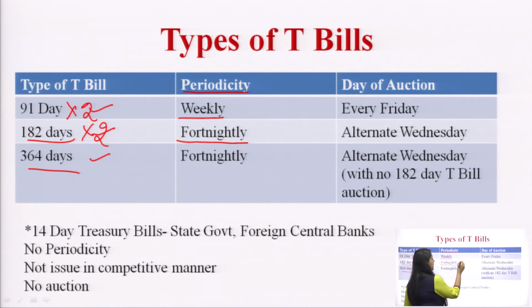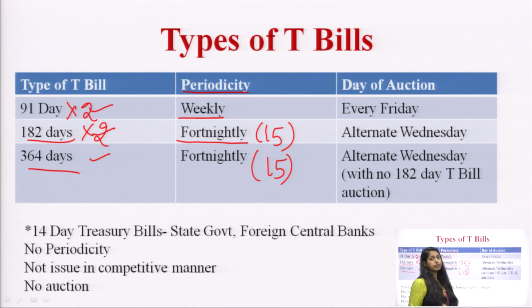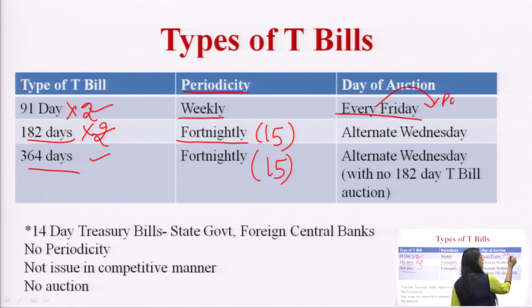For the fortnightly 182 days T-bill, the auction takes place after every 15 days. And similarly for the 364 days T-bill, the auction again takes place after 15 days. If I talk about the 91 days T-bill, the weekly one, it takes place every week on Friday. So Friday is the day where they take place, and the payment you have to make on